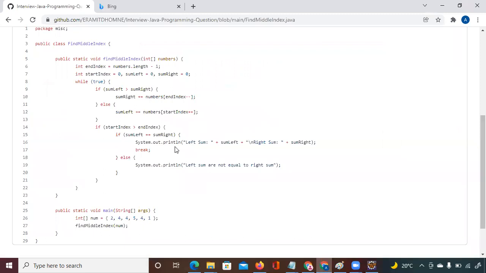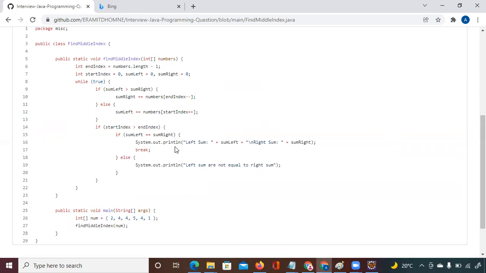In this program, first of all, you have to find the index. How are you going to find it? The name of the array dot length. If you use the length function, it will give you the length of the array. Length means the number of elements, but your index will always be length minus 1, right? Because it starts from 0. Suppose you have 10 elements, so 10 will be the length, but the last index will be 9, 0 to 9, right? Is it clear? Then the start index will be 0, and the end index will be 9.